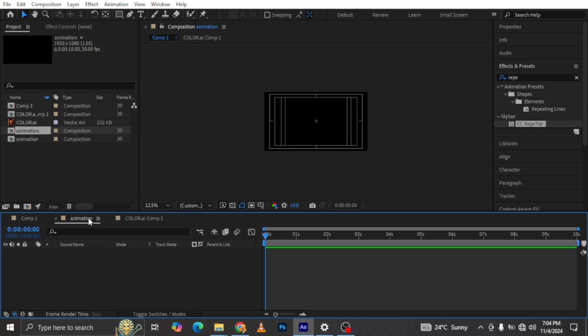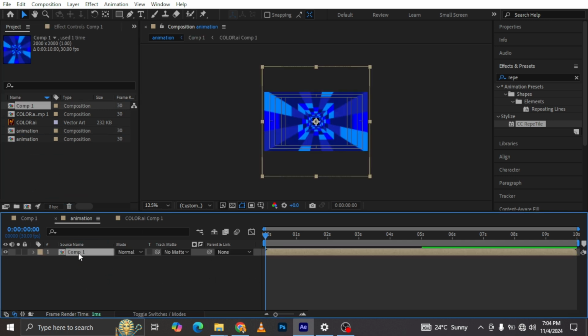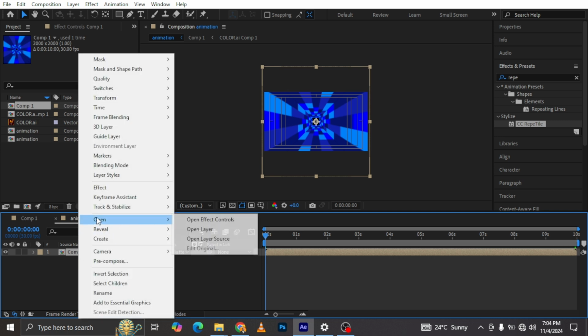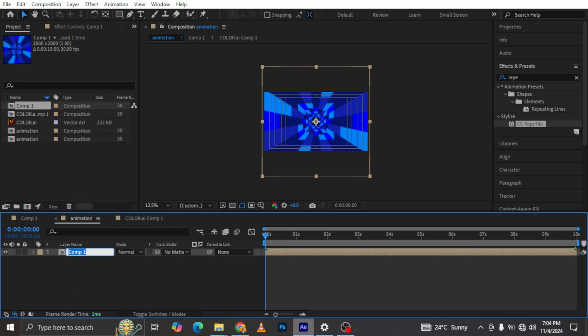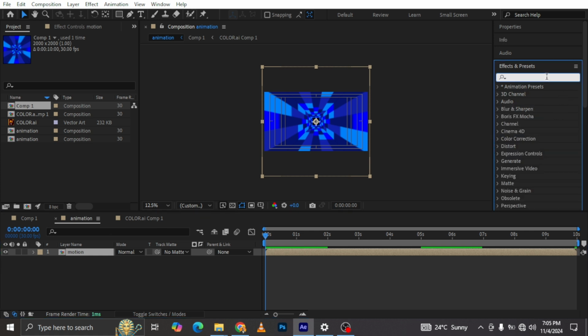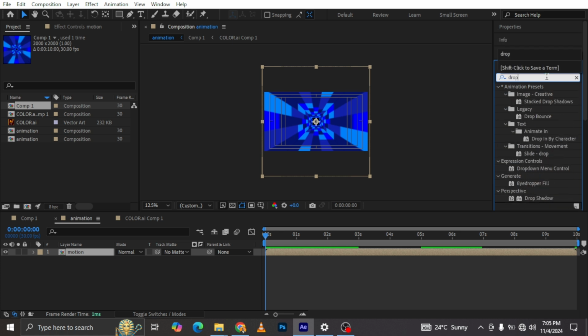So now let's go back to our animation layer here, and I'm just going to drag in my composition 1 here, so I can just, let's rename this so it will be better. So let's call it motion like this. So what I'm going to do now is I'm just going to my effect and preset panel here, and I'm just going to type in drop shadow